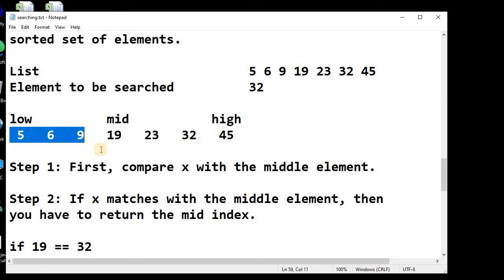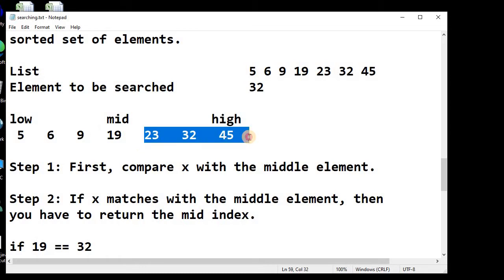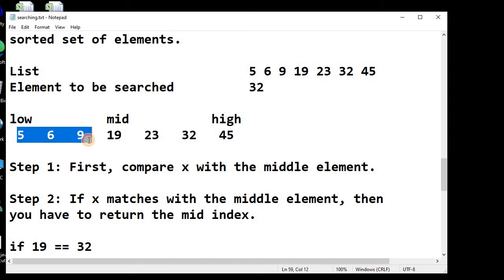So what we need to do is, if the number matches, we simply return, and if the number is greater than the mid one, then we have this new list and we perform the same operations again on this new right hand side list. And if the number is smaller, then we take the left hand side list and we do the same operations on it. So this is the binary search algorithm. If you want to know more about this, I have created a simple lesson on binary search, so you can watch that lesson.